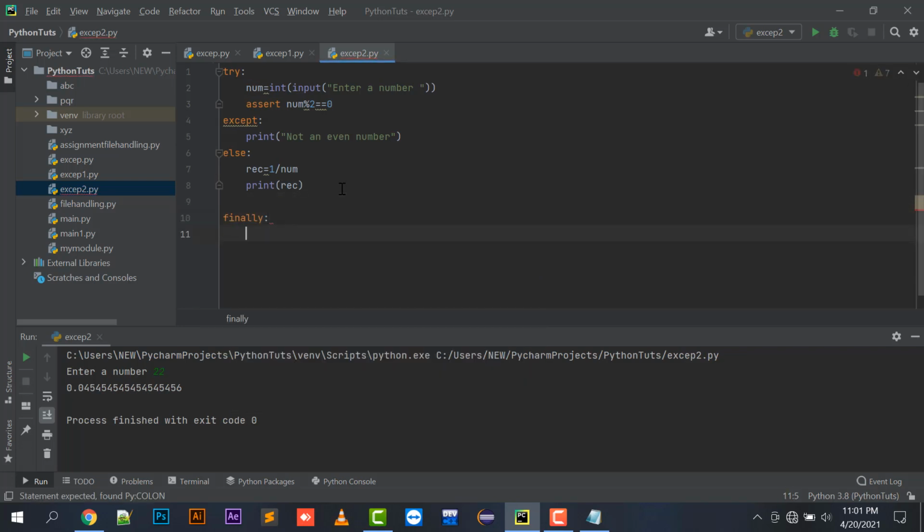And in the last, there is also a block named finally. So the finally block will always be executed. I'm going to write it here. Always will be executed. So if I'm going to run this, and enter an odd number,